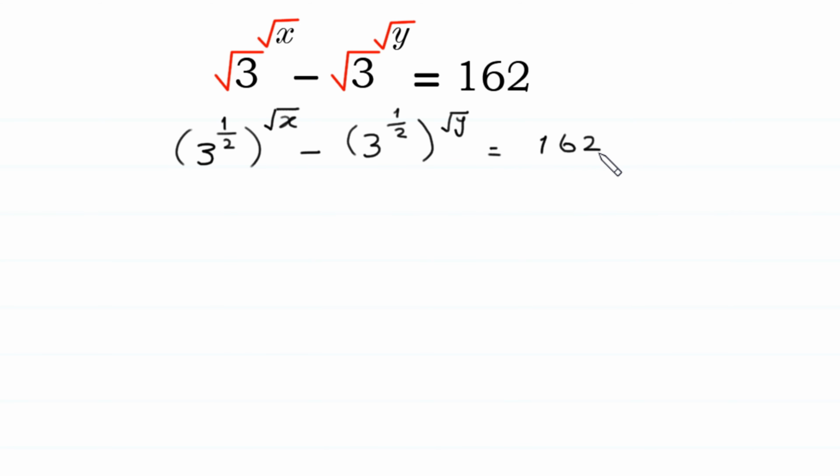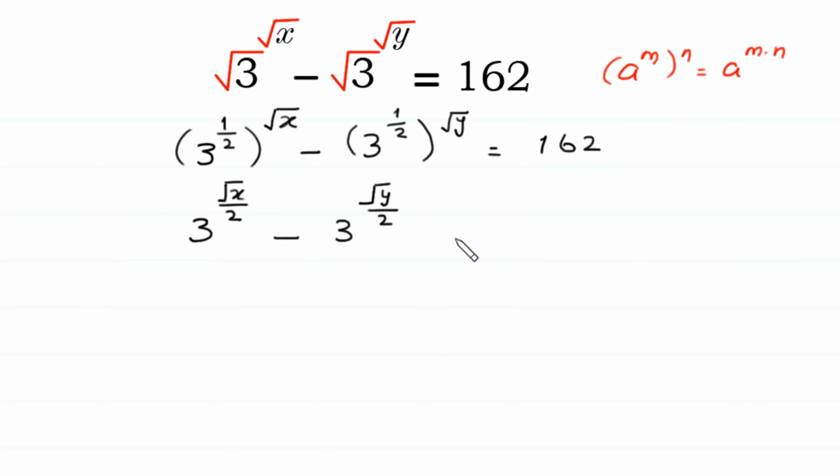162. Next, according to the property of exponents, a to the power m whole to the power n is equal to a to the power m times n. We multiply this power 1 over 2 by this power square root of x, and we multiply this power 1 over 2 by this power square root of y. 3 to the power 1 over 2 times square root of x, over 2, minus 3 to the power 1 over 2 times square root of y, over 2 is equal to